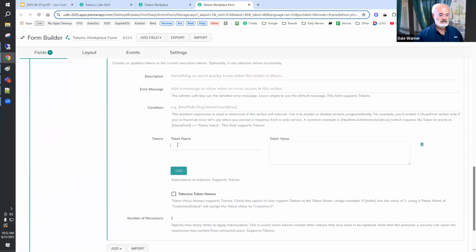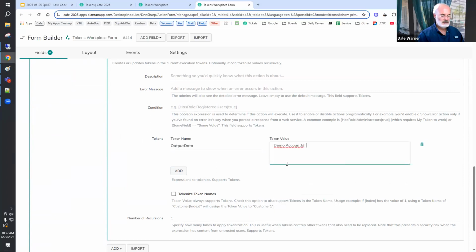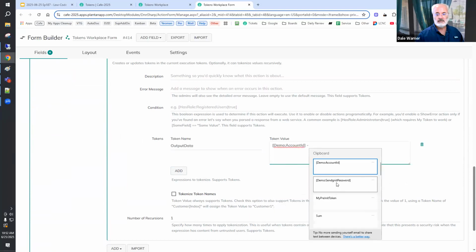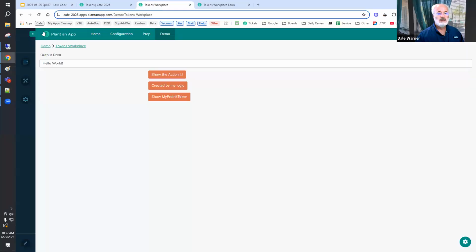It's going to be to output data, the form field output data. And we're going to show the account and the password. Refresh so we can see our new button. So when I click show SendGrid credentials,